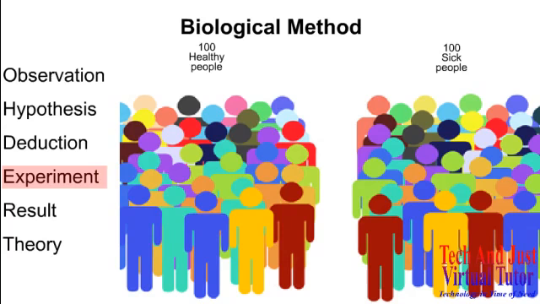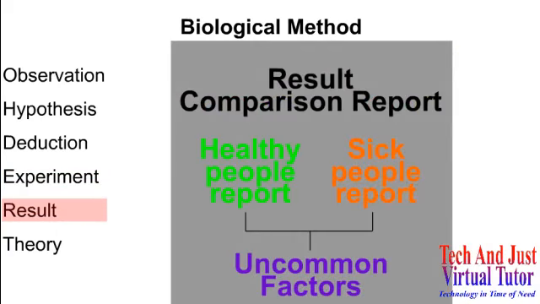You can understand that this experiment was being conducted to check if the deduction is true or not, meaning that healthy people should not have Plasmodium in their blood. Now, since the experiment is being conducted, obviously the following step would be the result, where all the reports of blood tests are put together and the final answer is concluded.